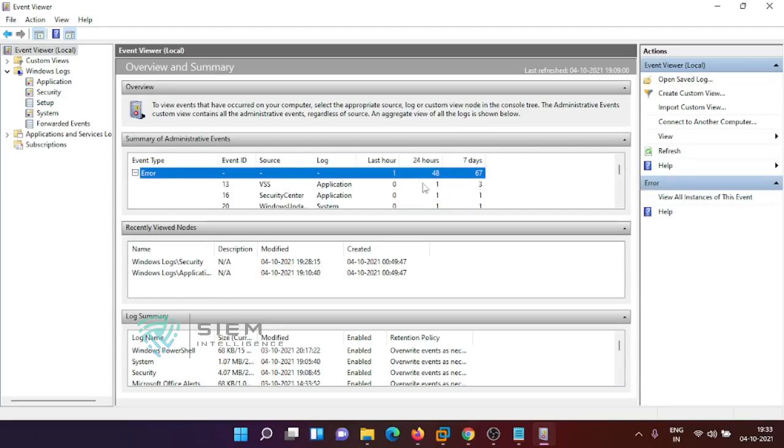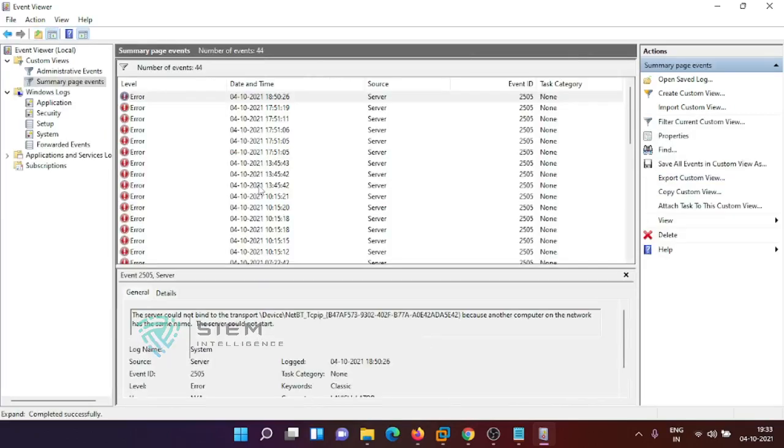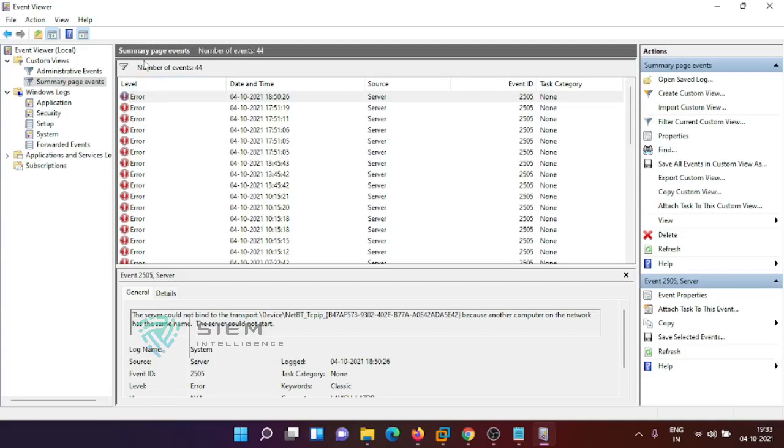What is the meaning of this one? If you go down, you can come to know. There is some server related issue, continuously throwing some error.